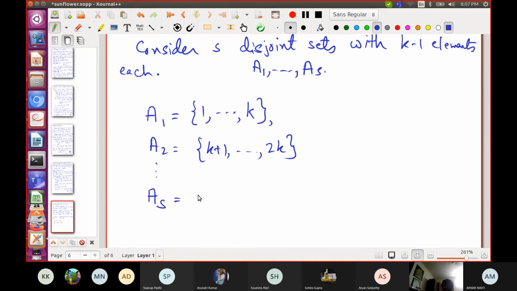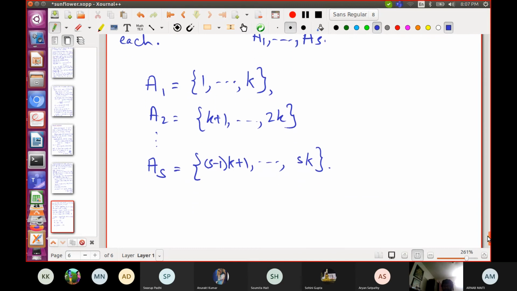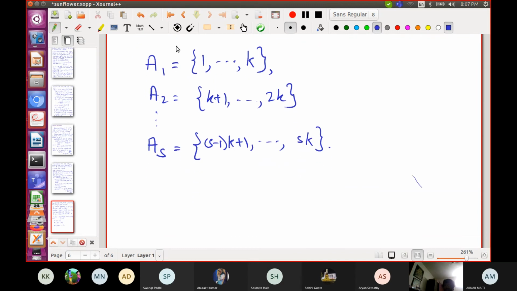So s is, what should it be? s minus 1 times k plus 1. s times k, I think. Whatever. So this is not my family. My family is going to be defined in terms of these sets. This is small s.